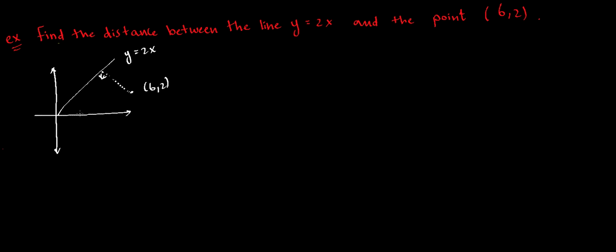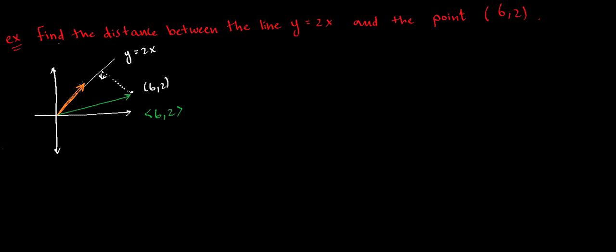Okay, so if I draw a vector here pointing from the origin to this point, this vector will be 6, 2. And if I draw a vector here lying onto this line,